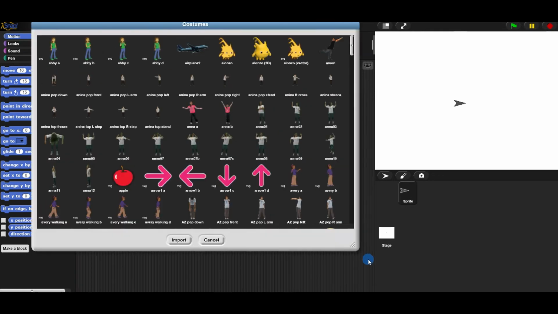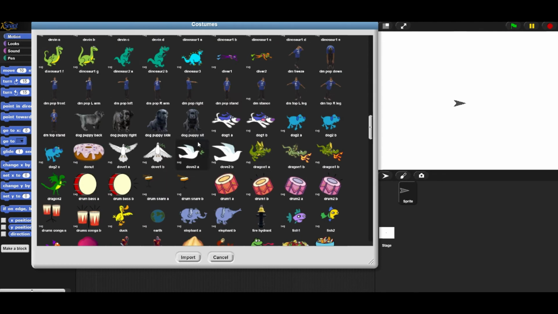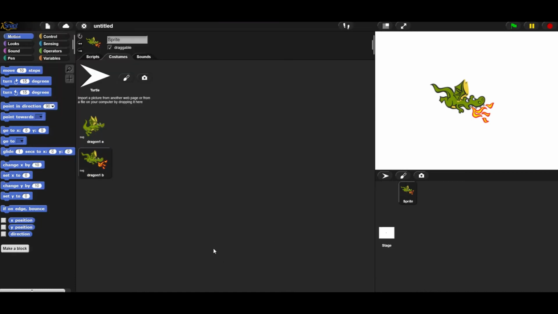Once again, making this larger, and again, finding in the Ds a dragon. Not just any dragon, but Dragon 1A and Dragon 1B. Yes, there's two Dragon 1Bs. Just take the two that look identical. This one has kind of a different green color. So, I'm going to import the only Dragon 1A, and I'm going to import the second Dragon 1B. And then I'm going to cancel this, and again you can see my two sprites right here in my Costumes